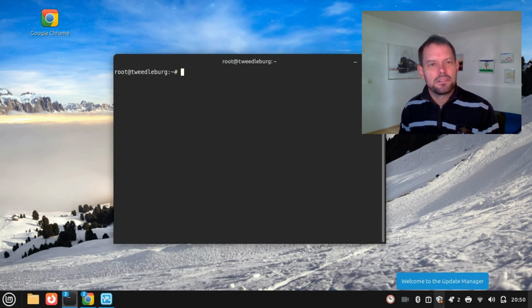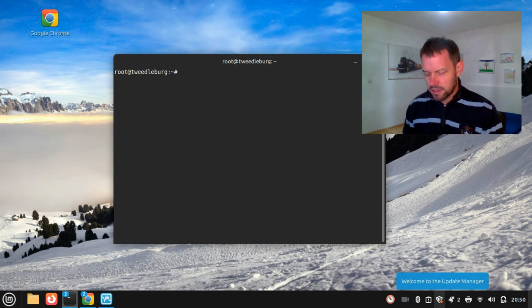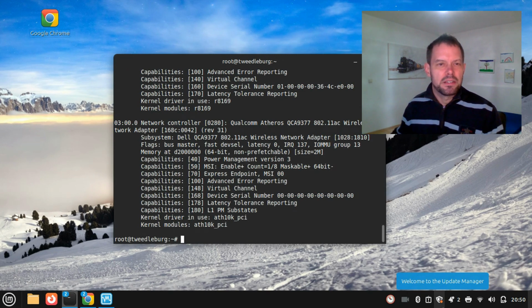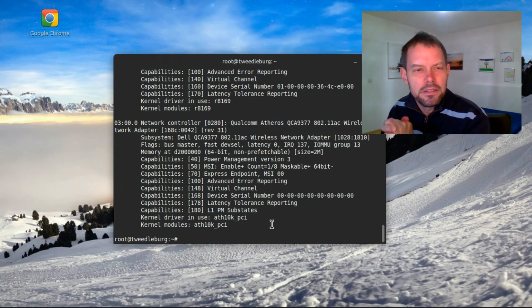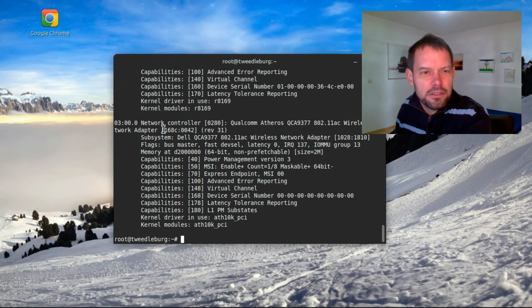Okay, so now it gets interesting. On the old computer, I now wanted to know which network card we have attached. So I said lspci, like list everything that's on the PCI bus, -vnn and be verbose. And then I found a network controller, and that said Broadcom 43, and I found out via a quick internet research that it was the Broadcom 4.3 adapter, which was built in 2008, and